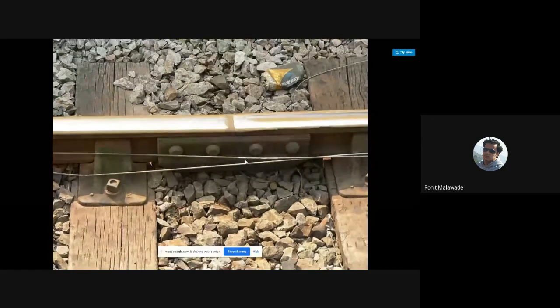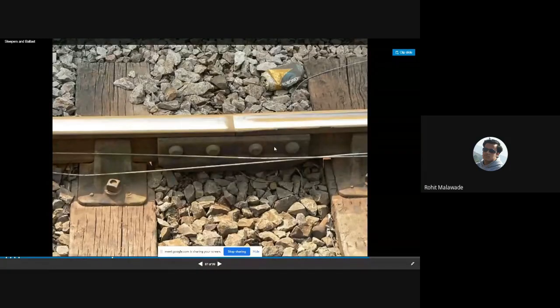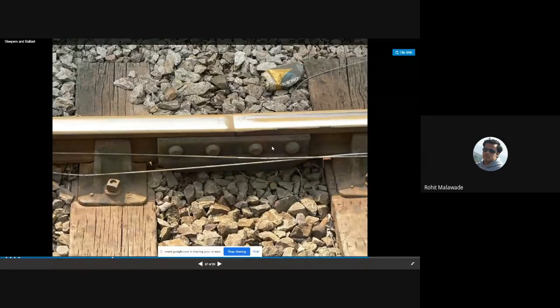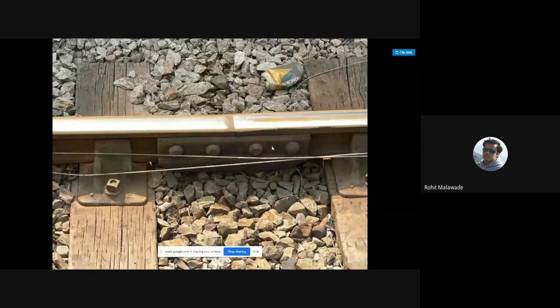So too much tightening of the bolts is prohibited as it prevents the free expansion and contraction of the rails. We should not tighten it too much, because as we know, expansion and contraction is going to happen according to the climatic conditions. And it should not be too loose also, so that it can cause derailment. There should be a gap for the free expansion and contraction. So these are the fish bolts.